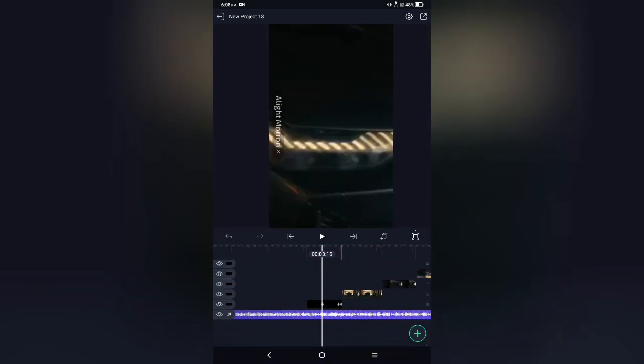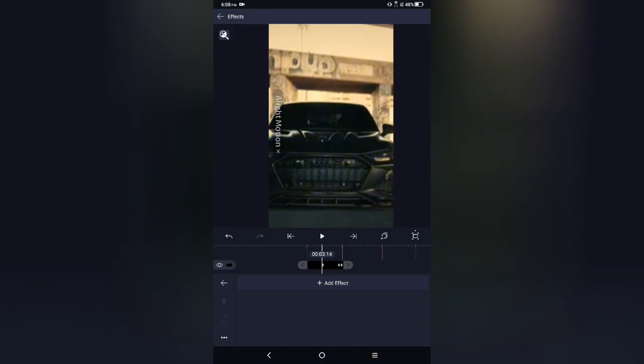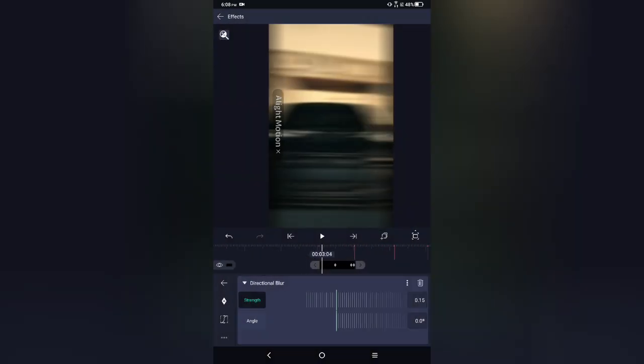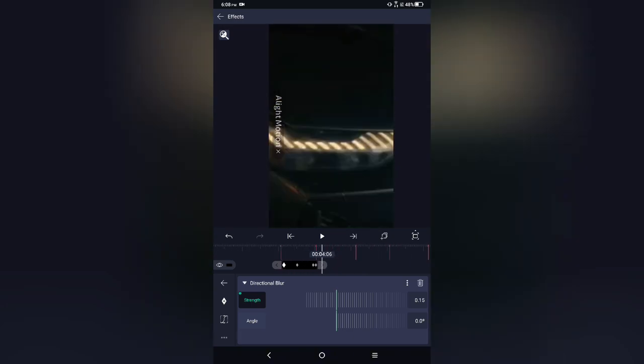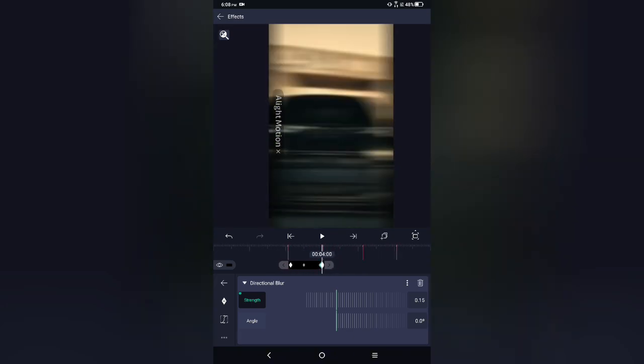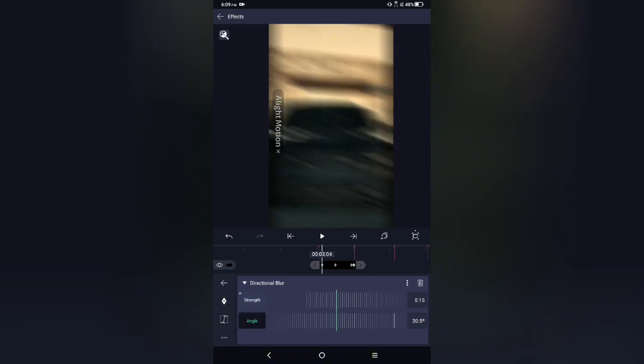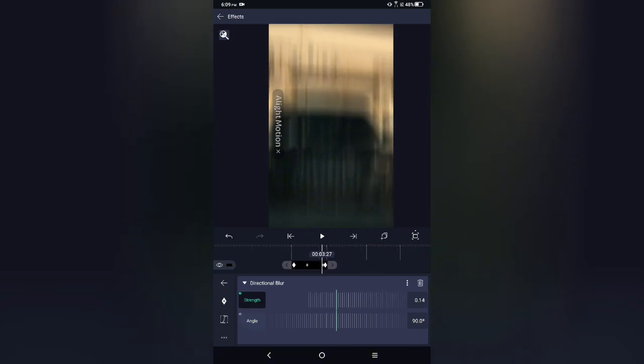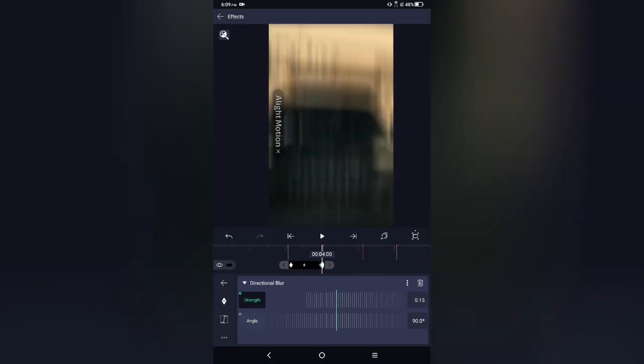Now just go to here, go to effects and search up directional blur and add two keys, one at the start, one at the end. At the start you need to go to 90 degrees, the angle should be exactly 90 degrees, and after that you have to add a key and then the strength should be 0.09. At this keyframe, the last one, the strength should be 0.01,